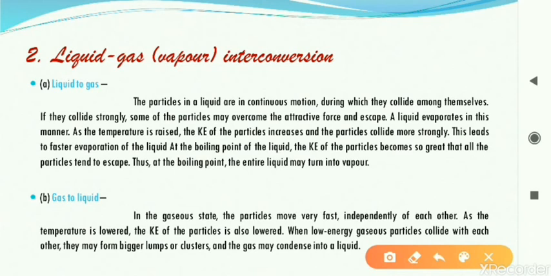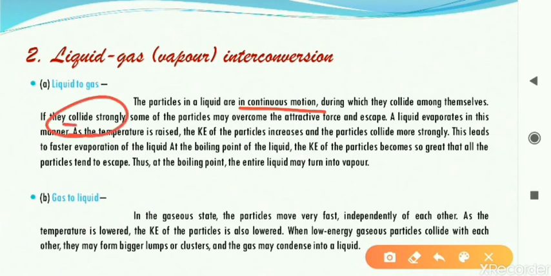Here it is the liquid molecules. What is happening in the case of liquid? The molecules are already moving. They are not only vibrating, they are moving. In solid, they are vibrating. So as they are already moving and we are heating the liquid molecules, what will happen? On heating, they will get more energy. They will start moving faster.